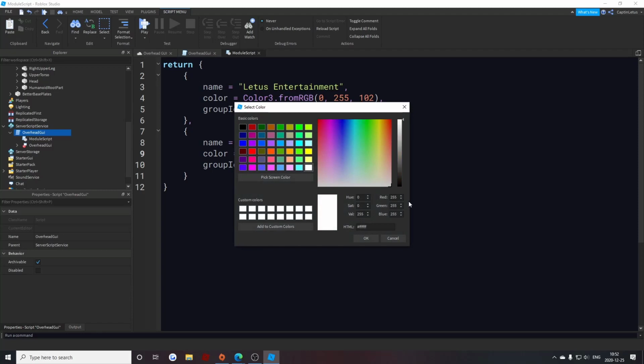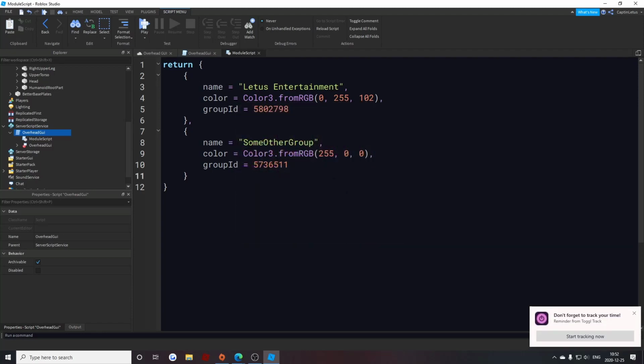Now I'll change the color to, maybe something like white. Well, we use white for something else, maybe red. So if I was in this some other group here, my rank would show as red, but because I'm only in Lettuce Entertainment, it's only going to show this